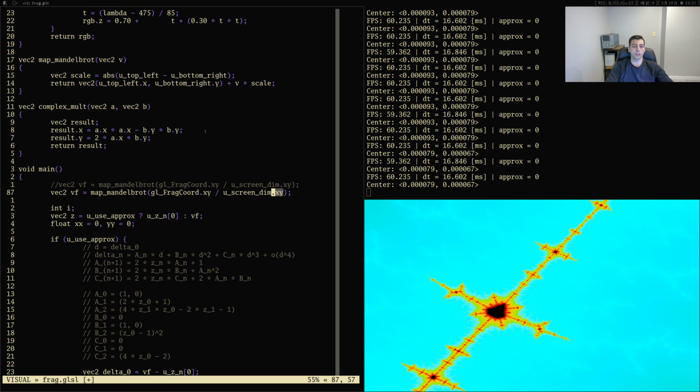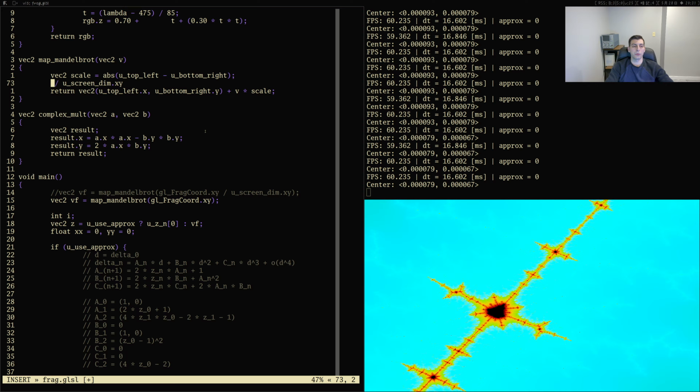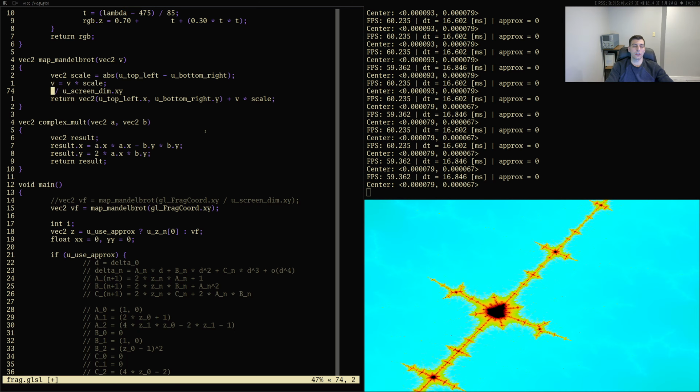In this case, we're going to delete this, and we're going to go up here. We're going to do v equals v times scale, and then v divided by this. Didn't change anything really, but